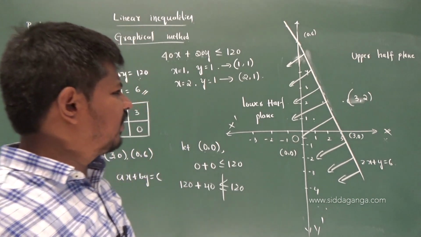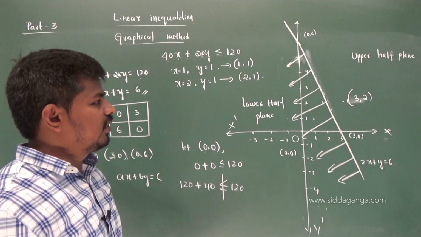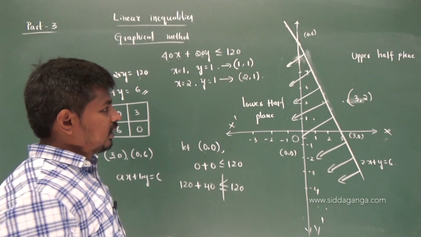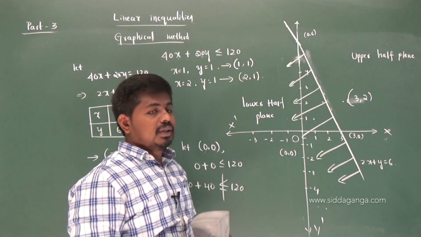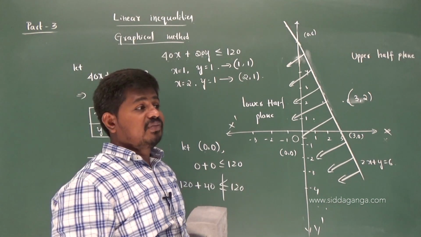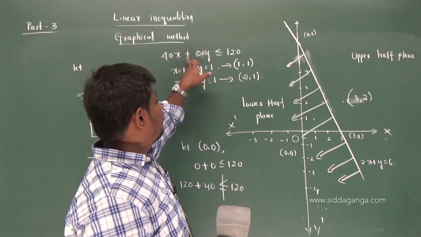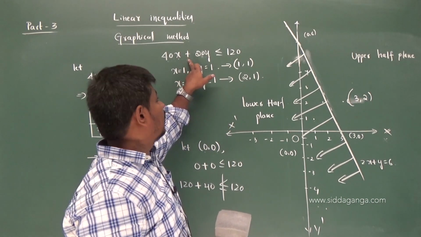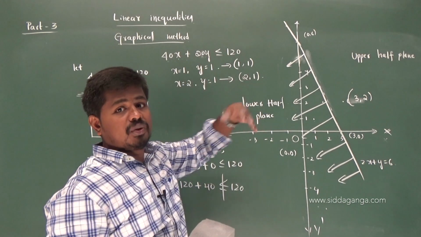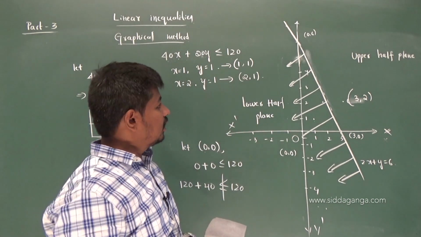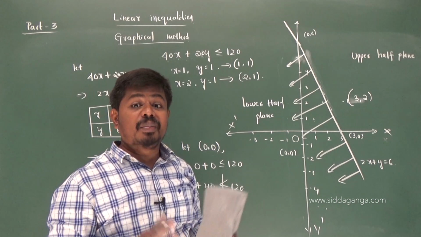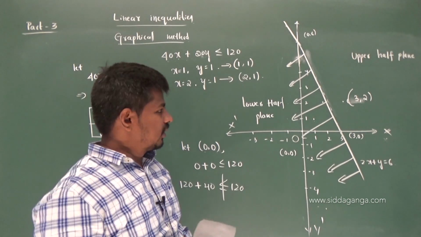Students, it is very simple whenever we have a single inequality, but in the examination they will give a system of inequalities. System of inequalities in the sense we will have more than one inequality, along with this we will have one more inequality, two or three. So in that case, you have to find the common region. We will discuss that later. So, hope you got this.